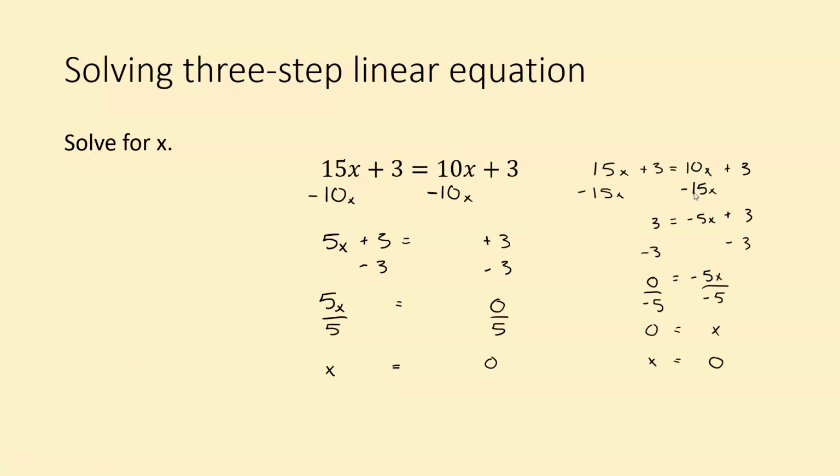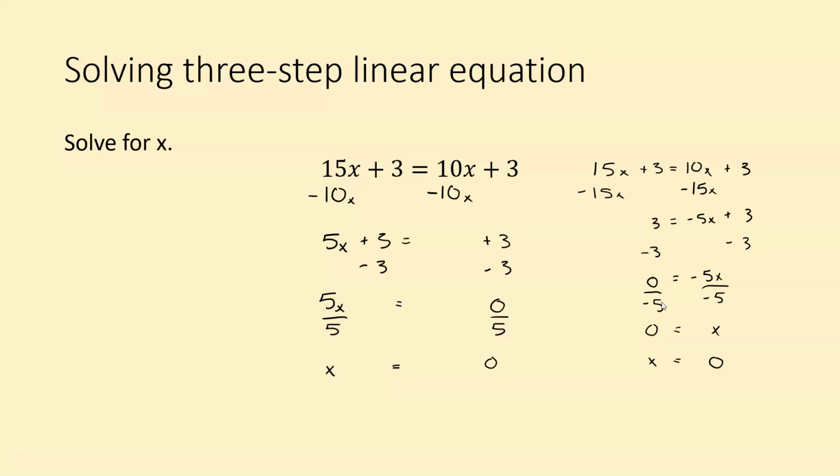If you subtracted 15x on both sides, you should get the same thing. And let's see what happens. So I subtract 15x on both sides. I get that negative 5x like I talked about. And then we would have to subtract 3 on both sides like we did over here. And we get 0 equals negative 5x. And then we would divide by negative 5, which in this case, 0 divided by negative 5 is not that